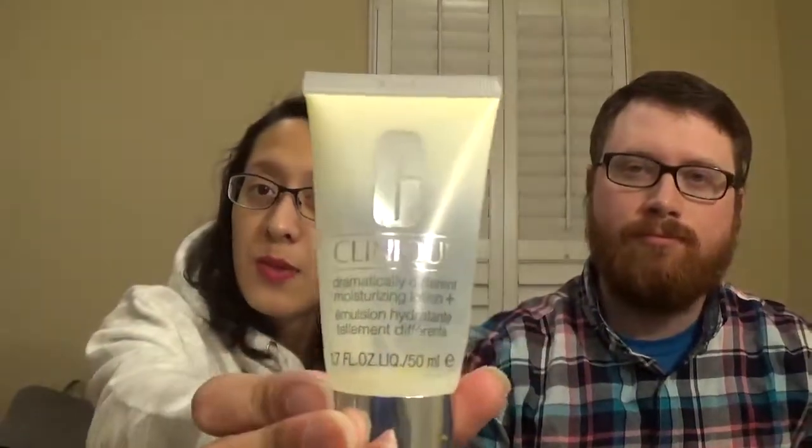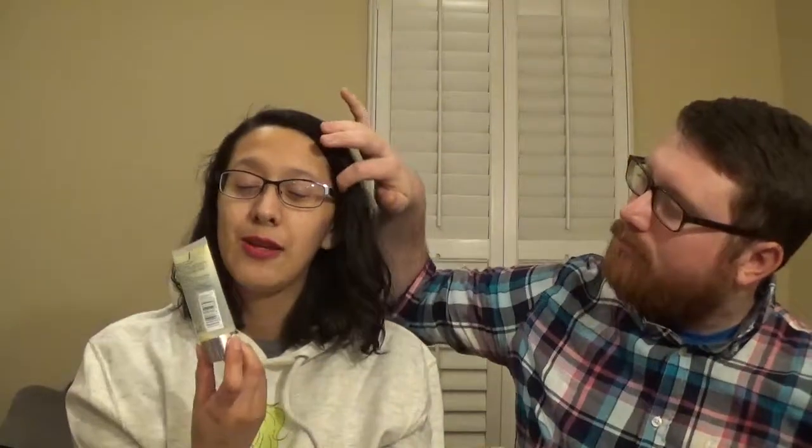This is the Clinique Dramatically Different Moisturizing Lotion. This is what it looked like. Let me tell you that I hated this. The only reason I used it up was to use it up. It was, I think, not super expensive, but also not super cheap. I do not like this. I used it on my hands. I used it on my face. I did not like it on...